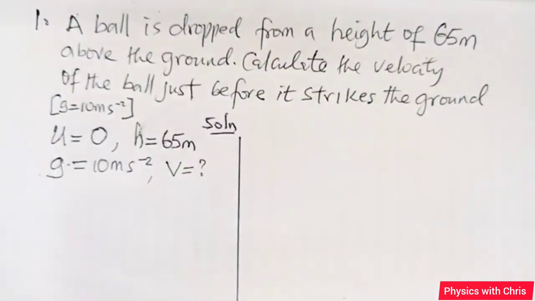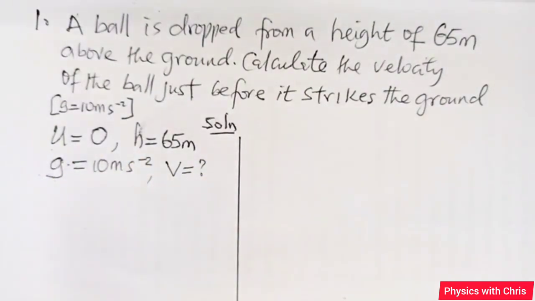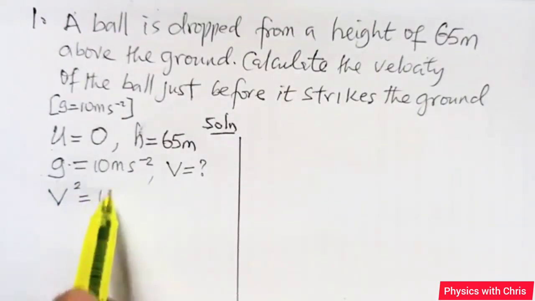So we have four parameters: U, H, G, and V. We go through the equations of motion, and then we identify that particular equation that has these four parameters: the initial speed, the height of the stone above the ground, the G value, and the final speed. The time is not considered here. That is, we are not asked to find time. So we are going to ignore the equations that have time. So we go to equation 3, which is V squared equals U squared plus